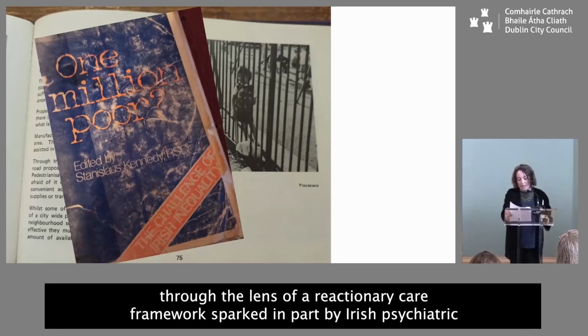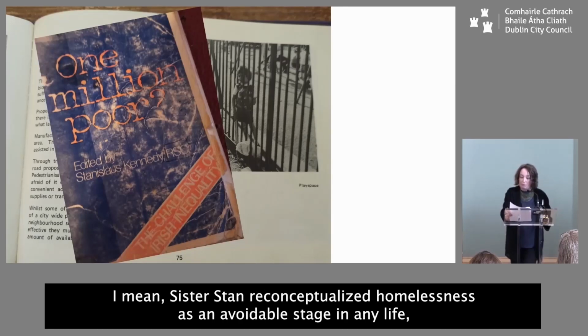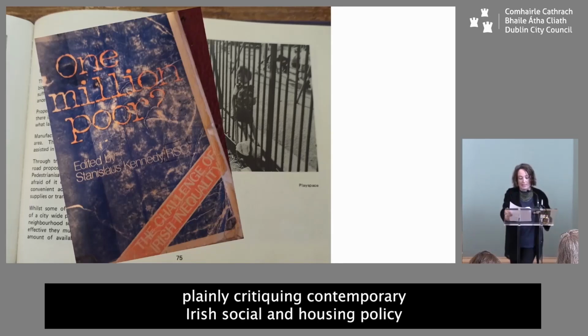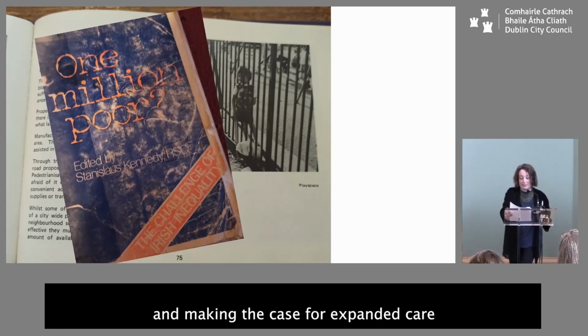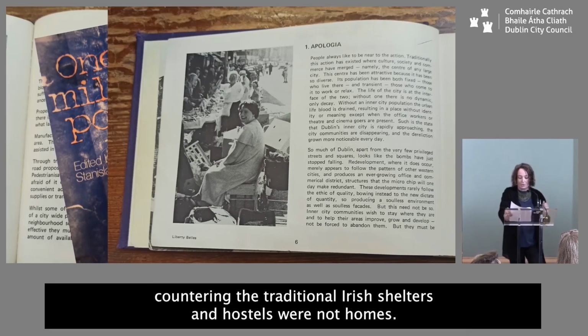Through the lens of a reactionary care framework, sparked in part by Irish psychiatric deinstitutionalisation in the 60s and its subsequent housing crisis, or homeless crisis, Sr Stan reconceptualised homelessness as an avoidable stage in any life, plainly critiquing contemporary Irish social and housing policy and making the case for expanded care in 1980s and 1990s Dublin, indeed Ireland. Her activism sought sites on which to build different types of homes, countering that traditional Irish shelters and hostels were